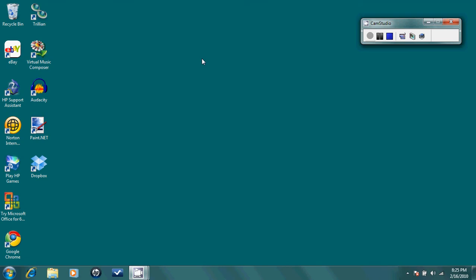Usually you'll have some type of image in the background here. I took the image off because it's kind of annoying. But this is your desktop area, and then you're presented with several desktop icons to make navigation to frequently used programs easier. This is your toolbar down at the bottom,